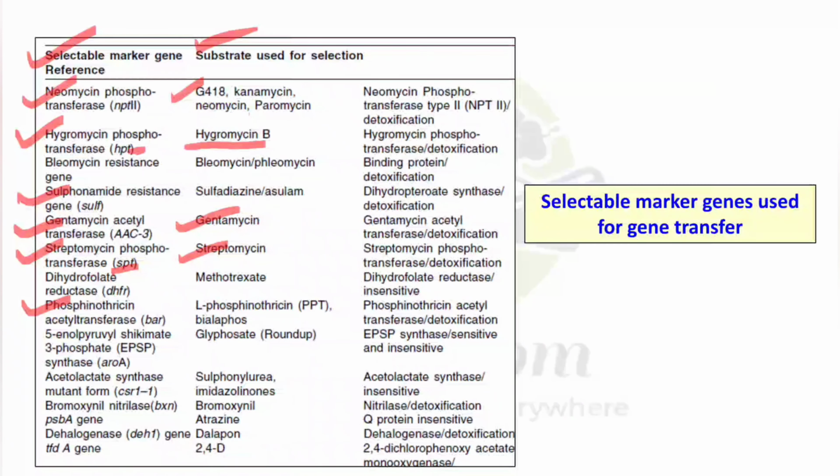For phosphinothricin, PPT is used, and for EPSP, that is 5-enolpyruvylshikimate-3-phosphate synthase, I have already taught this in my previous video, which is commonly known as glyphosate. I am again repeating that all these topics are mentioned in my previous videos from day 1 to day 25. So kindly go and watch those videos to gain insight into the topic, because on different days I have taught and included many important topics in every video. So you can check it out for detailed analysis and detailed notes.